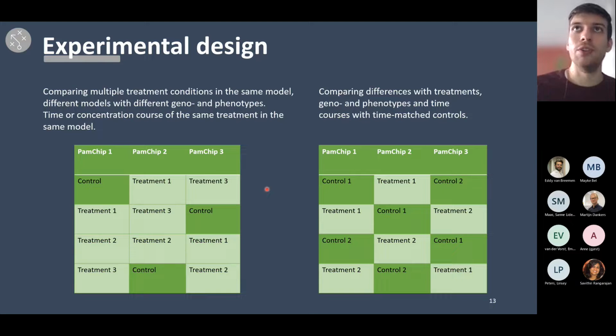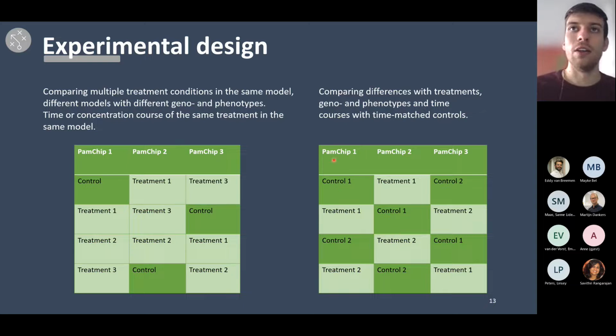Another option would be to compare differences between treatments in different genotypes or phenotypes, or different time courses with time-matched controls. Imagine you want to see if the same treatment has a different effect in two different cell types. For instance, your first cell line has a certain kinase, and the second cell line is a knockout of that same kinase. This is the way you would design experiments to compare the effects of that inhibitor on these cell